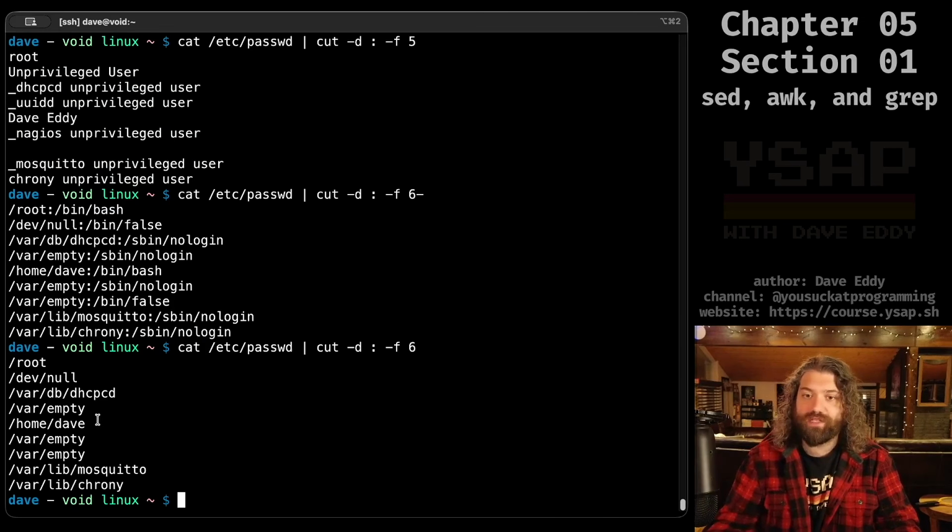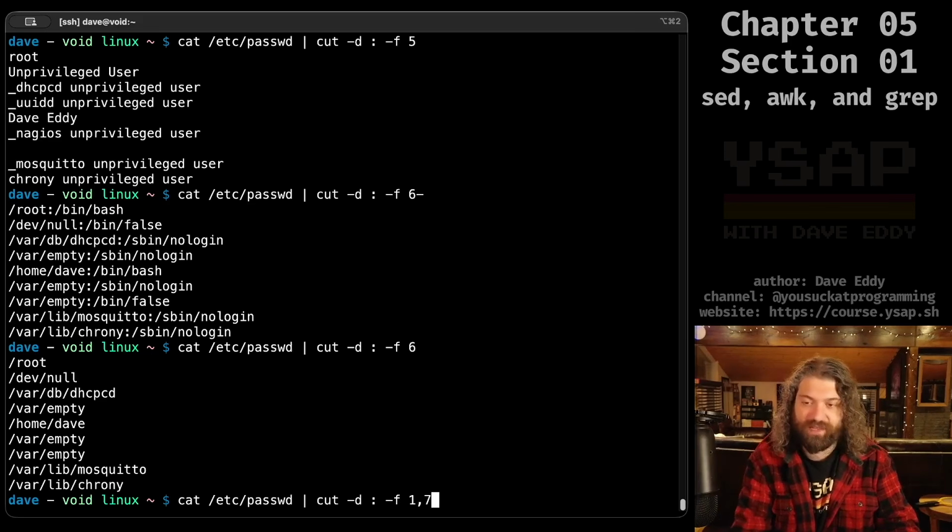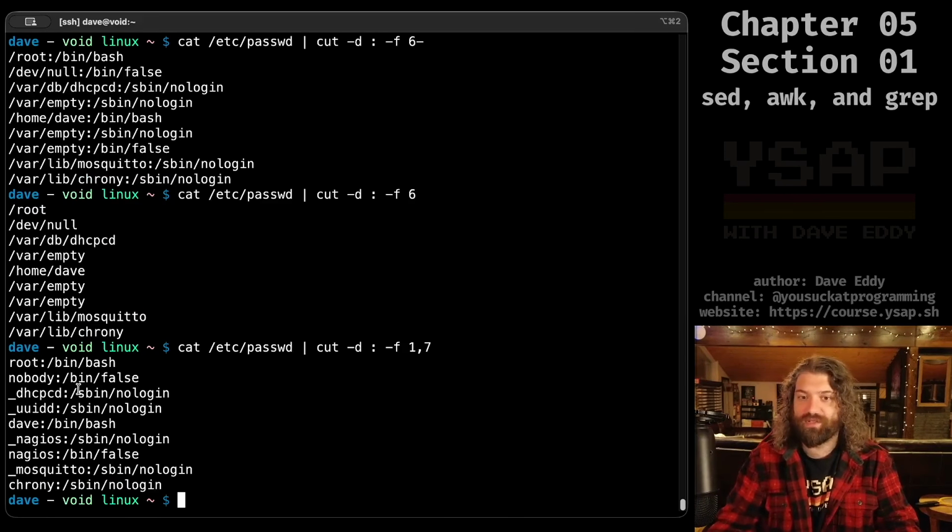home directory. So as you can see, my home directory is here. Some of these are set to /var/empty. They don't have one. Nobody's literally set to /dev/null. That's pretty awesome. And then the last thing we can do is we can get the shell with 7. I'm going to also print the username, just to make it easier to see. So of course, I'm using the bash shell. Root is set to bash. Nobody,